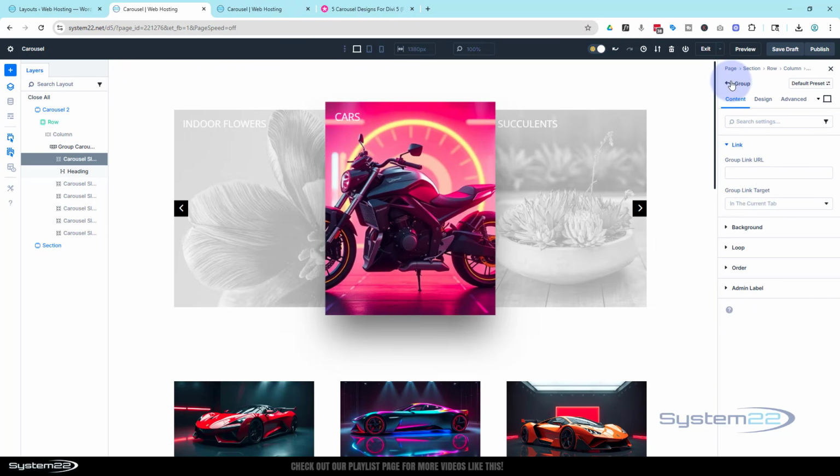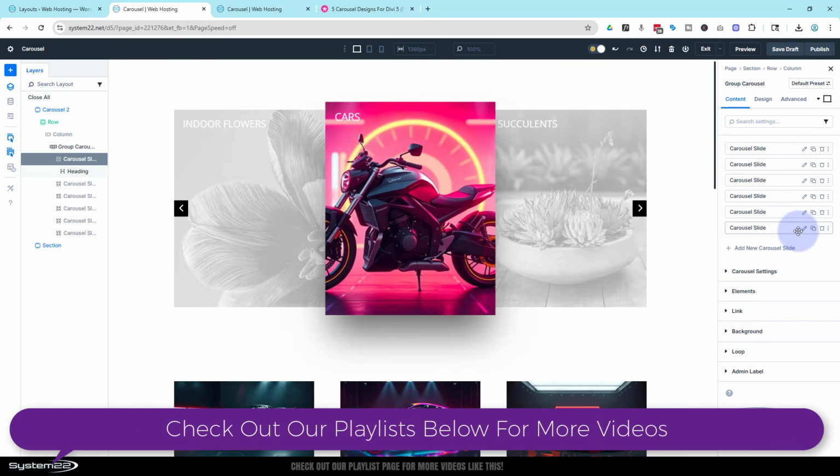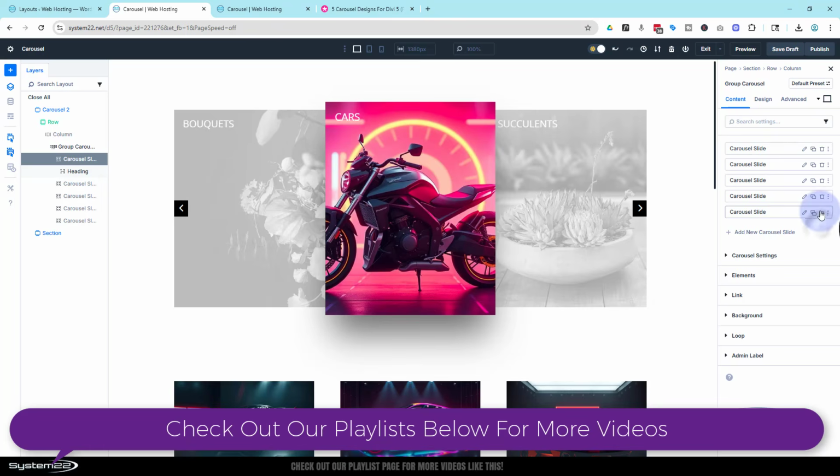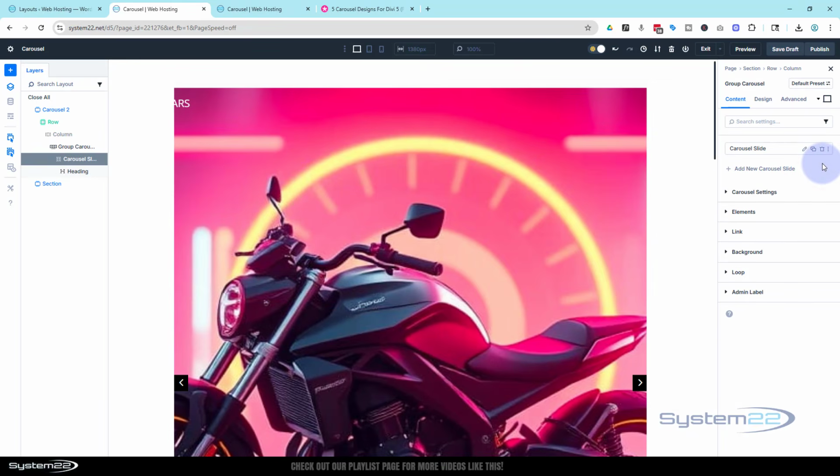If I go back to the main settings here, group carousel, I'm going to get rid of all of these. And I'm going to make mine loop my carousel posts, and I'm going to use the feature image for the background and the title for the heading up there. So let's get rid of all of these. Like I say, you can customize them individually, make them your own, or even start from scratch. So we got one